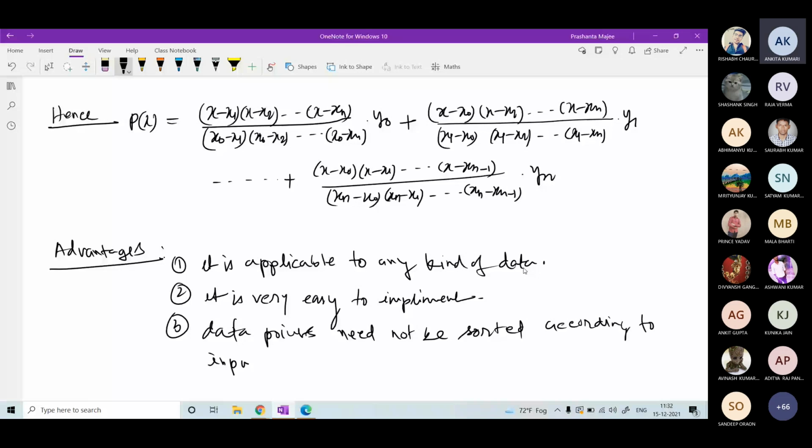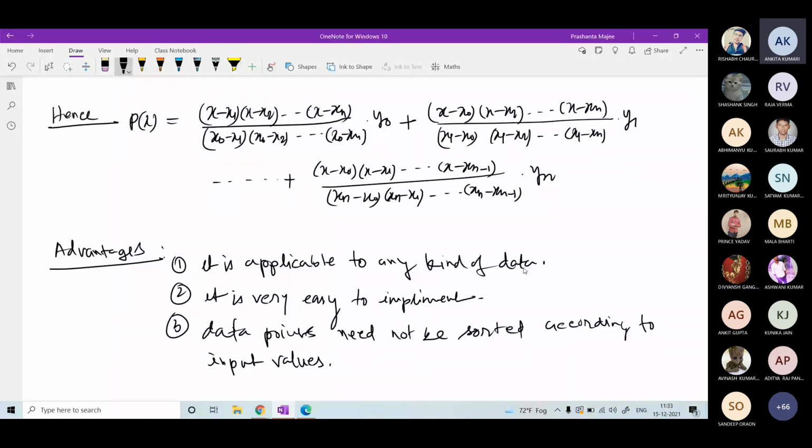But in the earlier methods, for example Newton's forward difference, backward difference, Gauss forward, Gauss backward, and so on, you had to sort the data at the beginning, either in increasing order or decreasing order in the input values. Then only you will be able to identify the age. What is age? Age is the space between two consecutive data. So if you do not sort, how will you find the space? Is it okay? So these are the advantages of this method.